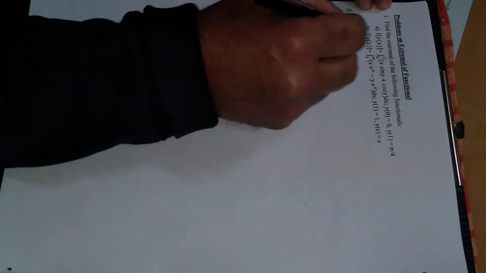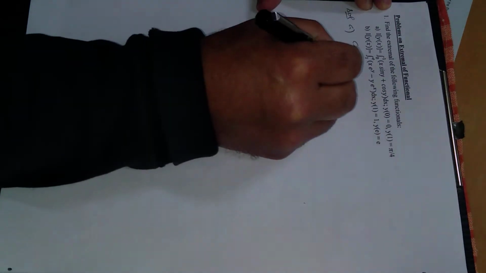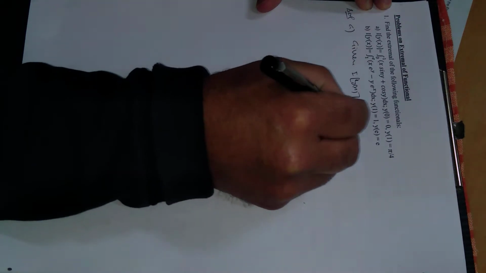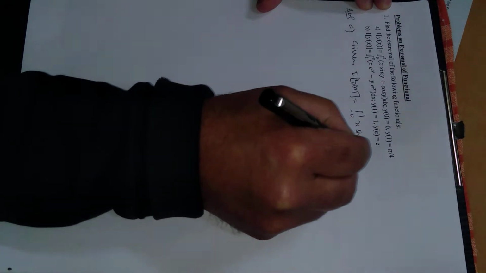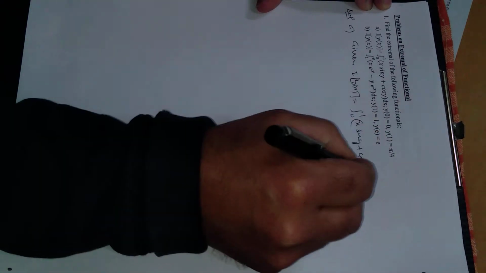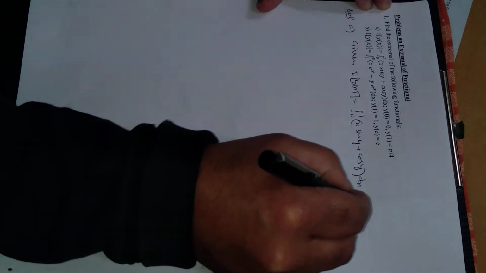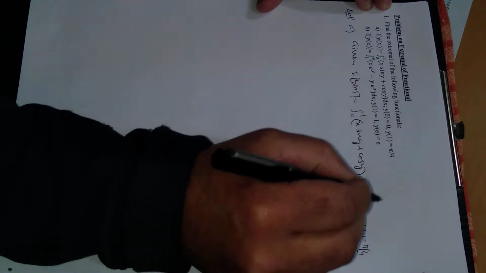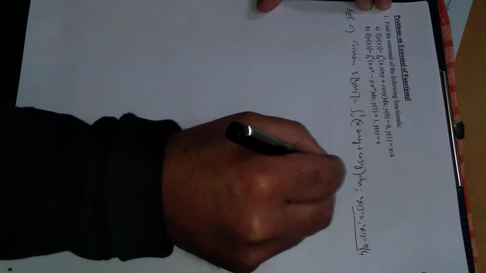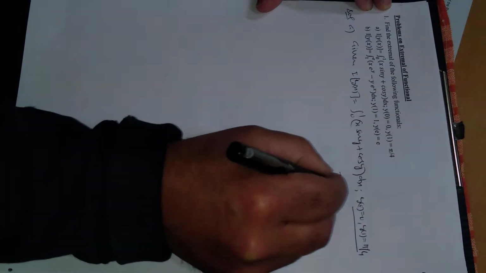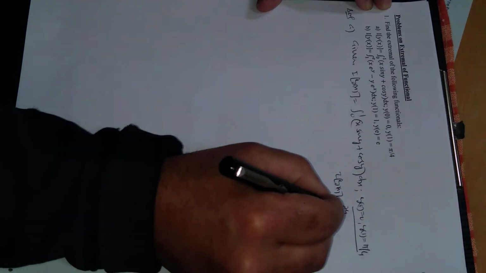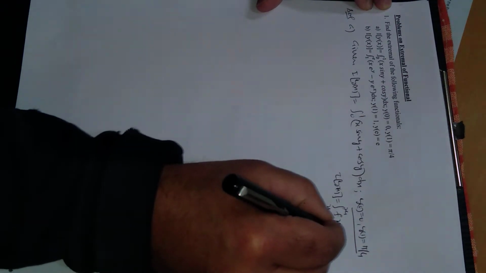Solution, part A. What is given? The given functional is I of y equal to the integral from 0 to 1 of x sin y plus cos y dx, with boundary conditions y of 0 is 0 and y of 1 is equal to pi by 4. These boundary conditions are given. We know the general functional is of this type: integral from x naught to x1 of f of x, y, y dash.